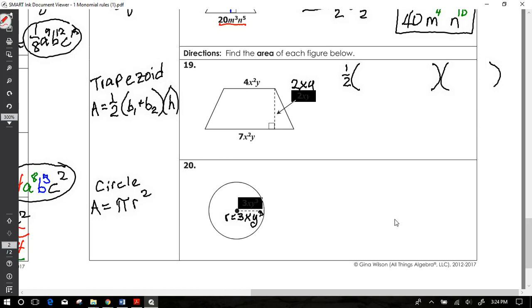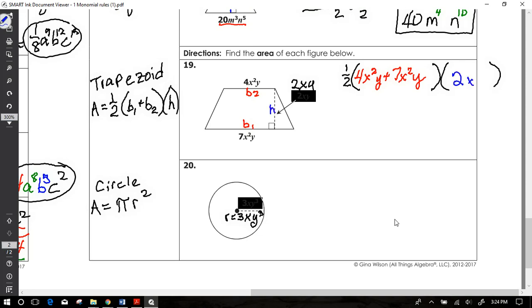So here's your bases, base 1 and base 2. Okay, so I'm going to write those in my formula. 4x squared y plus 7x squared y. And then my height right here, that's the height,